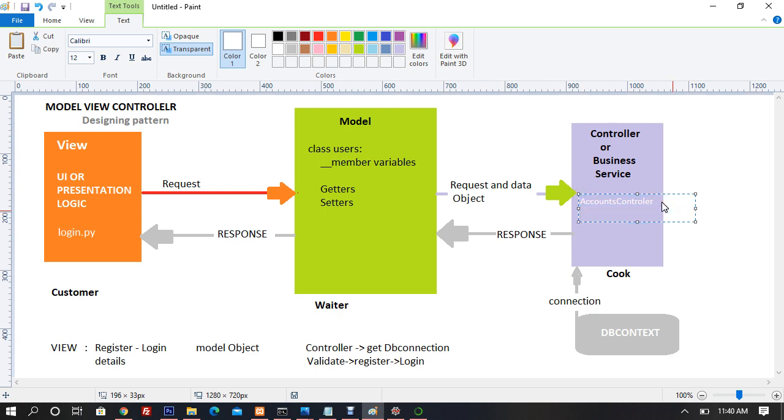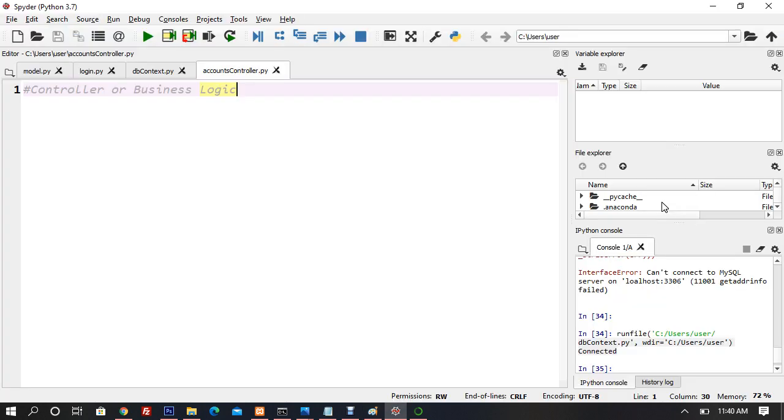So it's going to be accounts controller, and the class is going to be account. The file name is accounts controller and the class is account. This is the class that we are making, and the first thing we require in this class is an active database connection. I repeat, we require an active database connection in here. And how do you create that active database connection? Just by defining,